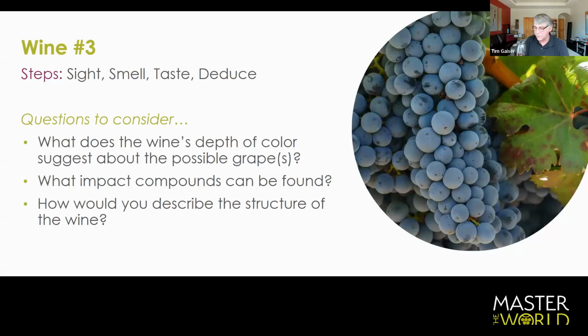Okay, what else about it? Well, here, afterwards, then it's all about the non-fruit. And here we're looking for, as the questions say, looking for impact compounds. And one of them leaps out of the glass and yells at me, and that's green bell pepper and even green beans and green peppercorn. Okay. So this wine has pyrazines, like screaming pyrazines. Yep. So those 3 things. It smells like green beans and asparagus, and it smells like